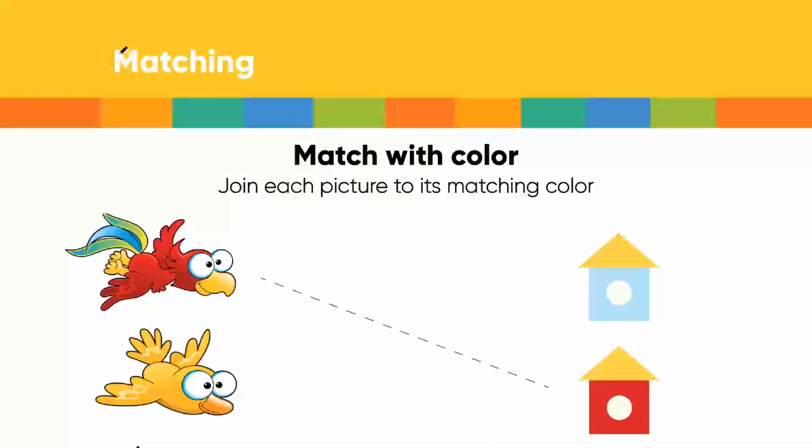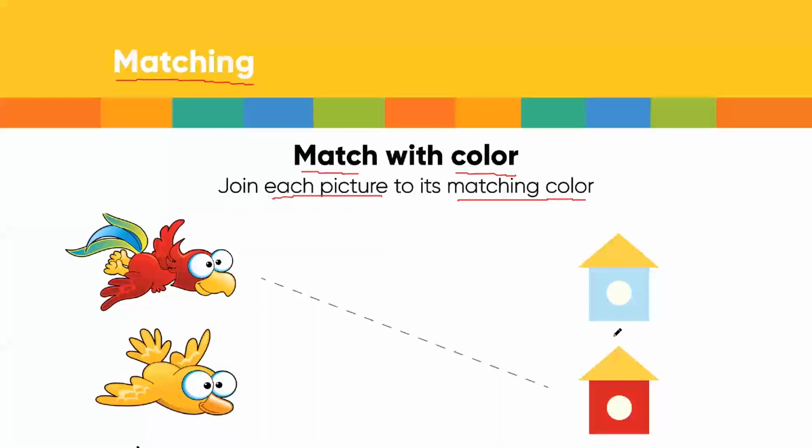Hi children, today we are going to learn about matching. It says that we have to match with the color. Here we have to join each picture to its matching color. Now you can see that on the left side you got some birds and on the right side you have